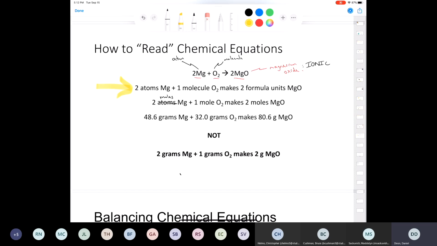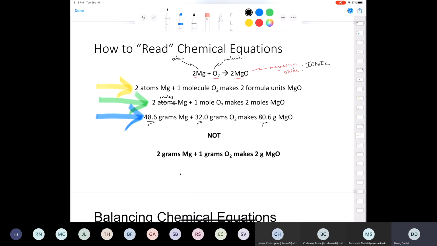Now, again, most of the time in this class, I'm going to read these equations just like it's shown here. 2 moles of magnesium, you add 1 mole of oxygen, and you make 2 moles of magnesium oxide. And then sometimes this evening, we're going to be looking at quantities of reagents. So if you look up from the periodic table, the mass of 2 moles of magnesium is going to equal 48.6 grams. If you add up the mass of 1 mole of oxygen, O2, it's going to give you 32 grams. And the mass of 2 moles of magnesium oxide should equal